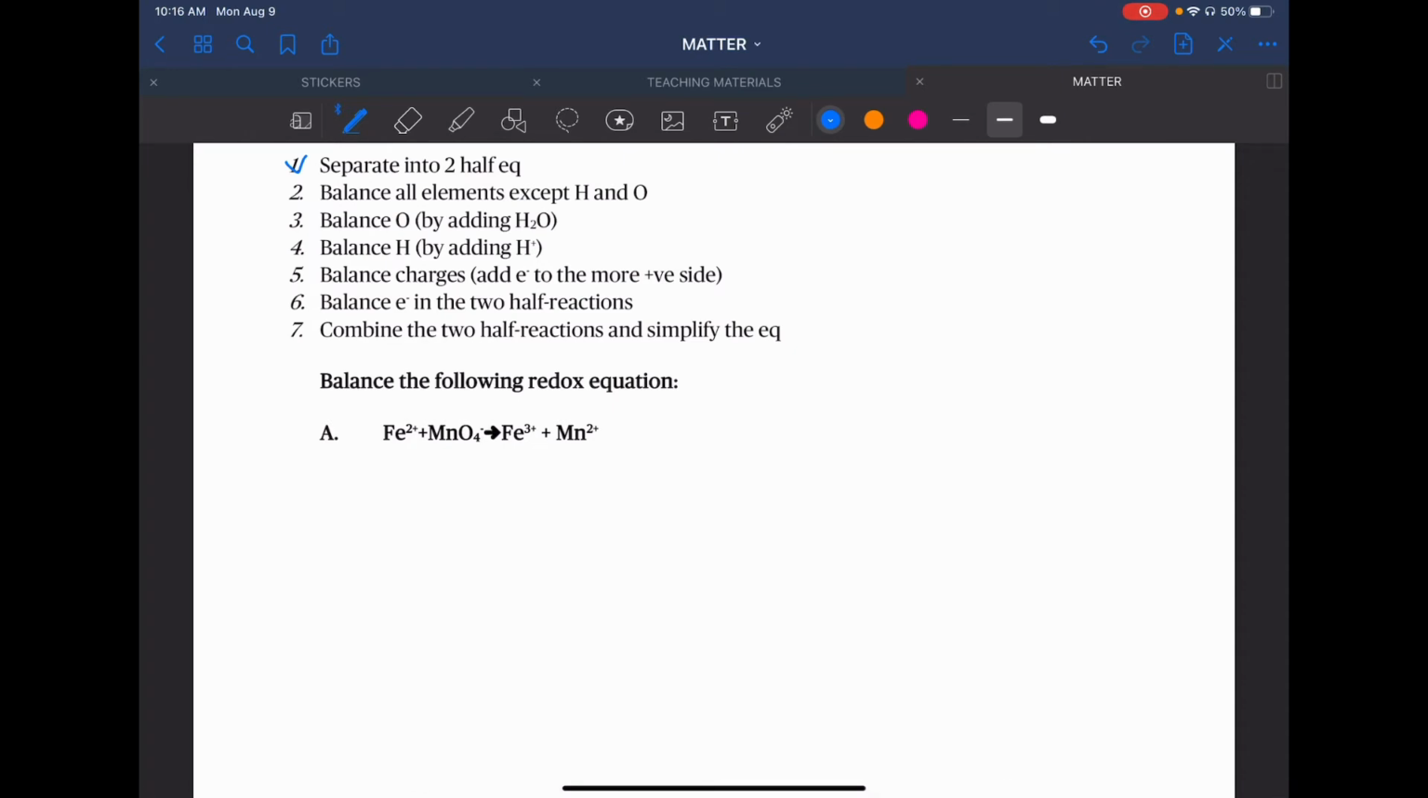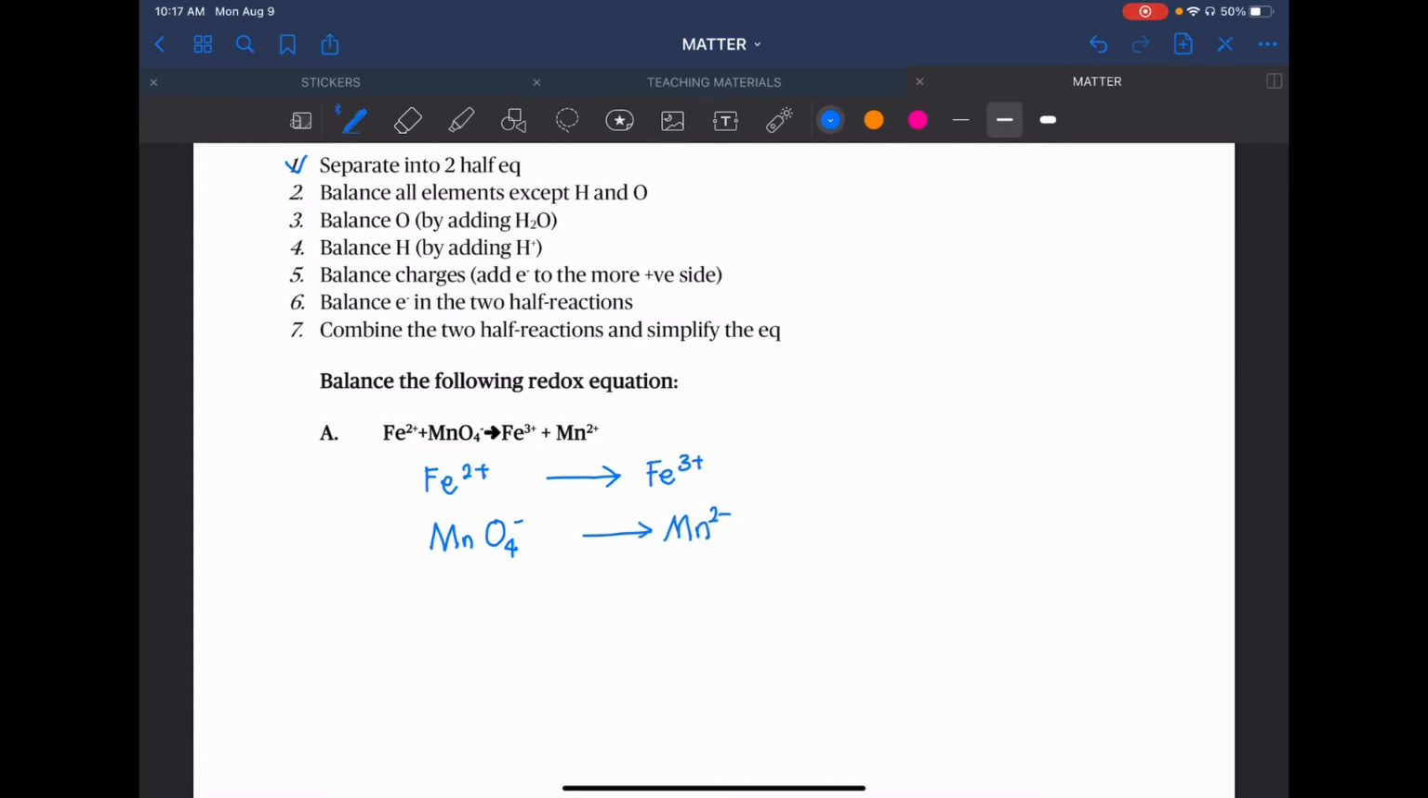So, now we take out the first equation. Iron 2 plus, the pair is iron 3 plus. So first, keluarkan species iron. Okay. So pasangan dia mestilah elemen yang sama. So kalau iron dengan iron, janganlah iron ambil dengan magnesium. Manganese. Okay, tak ngam. So next equation, MnO4 minus with